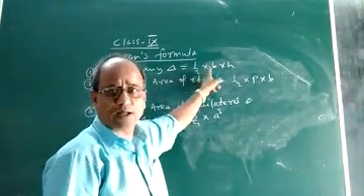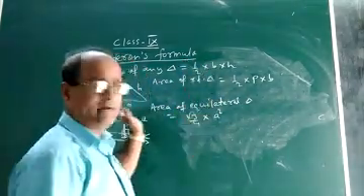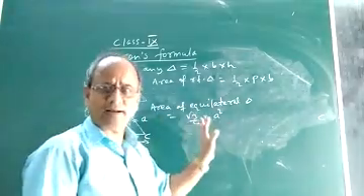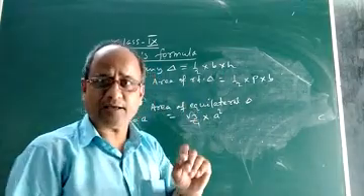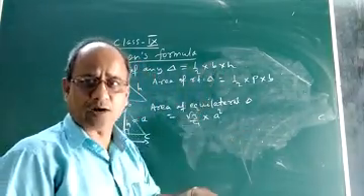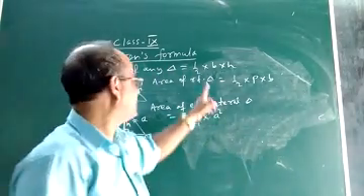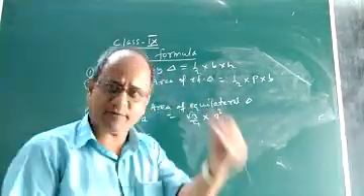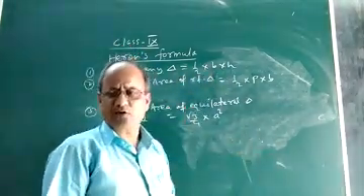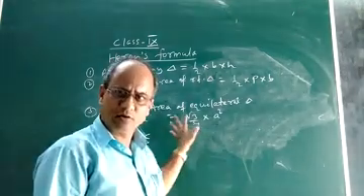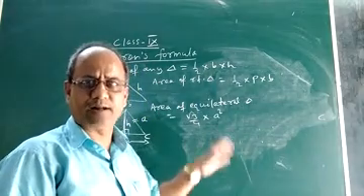But this is the general formula. This is the formula to find the area of any triangle. Maybe equilateral, maybe right triangle, maybe scalene triangle. But the condition is that we need the base and height of the triangle. Height means the altitude, the perpendicular drawn from a vertex to the opposite side. Okay, that is the height or altitude. If the base and height of the triangle are given, whatever the triangle may be, we can find its area using this formula. So these are some formulae we already know from elementary or middle level classes.